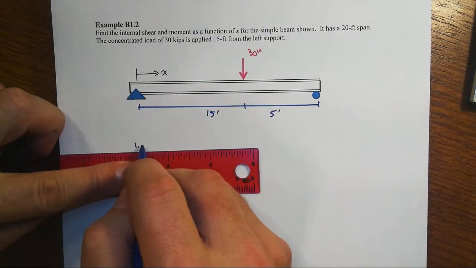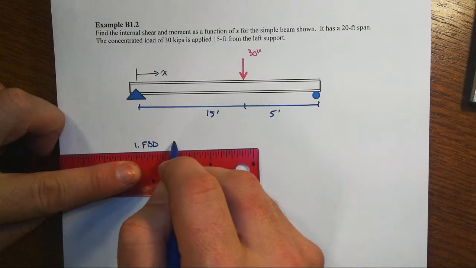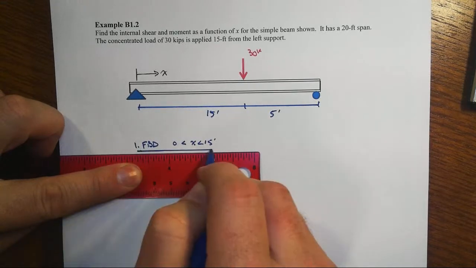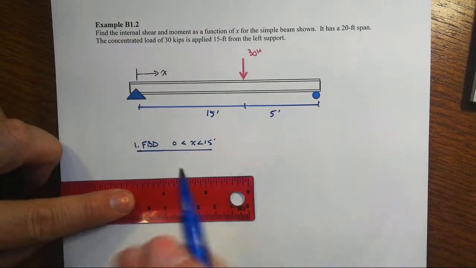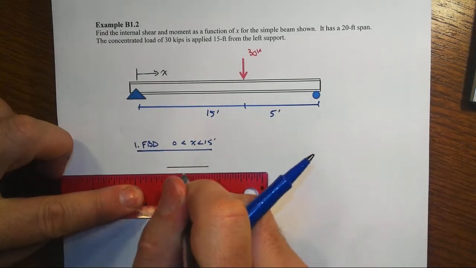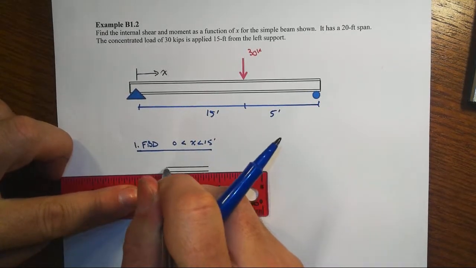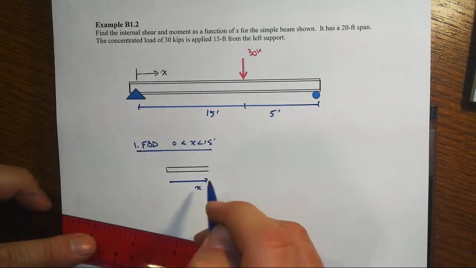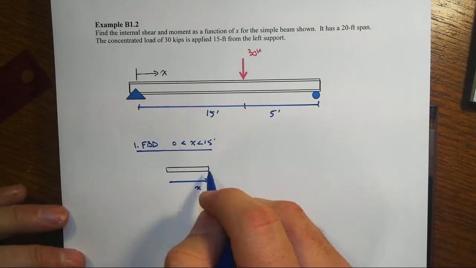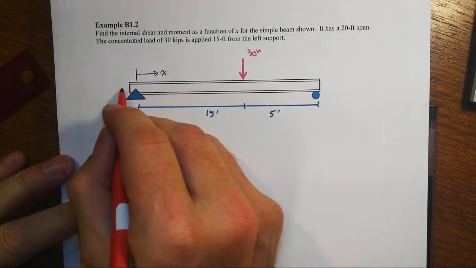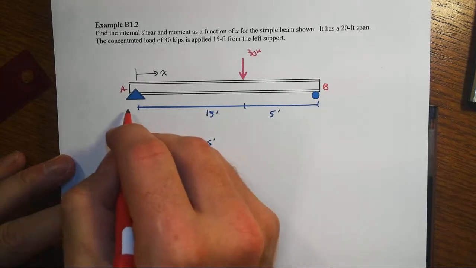Right, so let's look at a free body diagram where x is less than 15 feet. In other words, anywhere over here to the left. And when we do that, there's our beam segment. It goes over at an x distance, unknown, it's variable, and there's no applied loads in that segment externally. We do have reactions, there's A, let's call that B, and